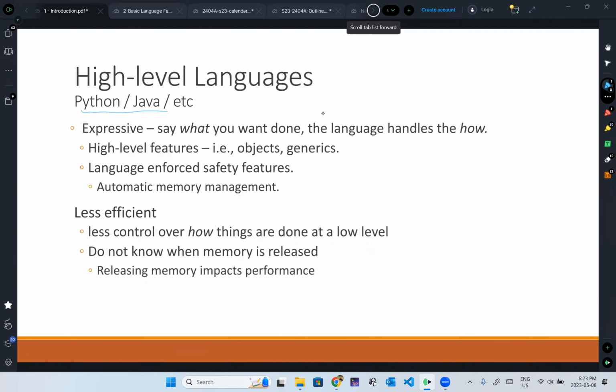Right, so Python, Java, etc. are expressive. You say what you want done and the language handles the how. Python especially, and I love Python. It's a great scripting language. I just say, do this. It's almost like ChatGPT, but